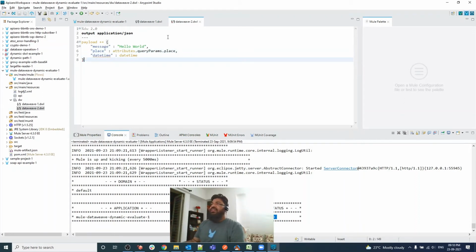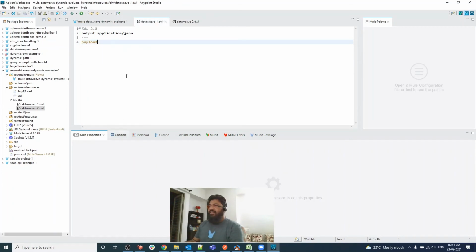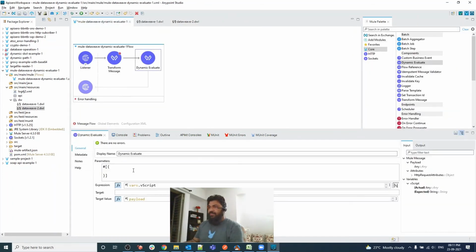Those are the changes I'm going to do in data view 2, but we have a kind of same thing in data view 1. So date and time, so date time. Let me make some changes here. So I am going to create the same parameter, name is date and time, and value would be now.